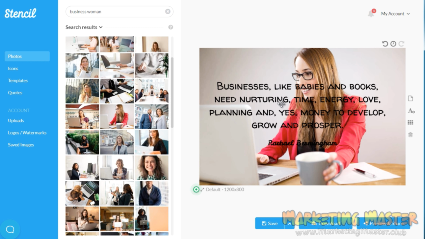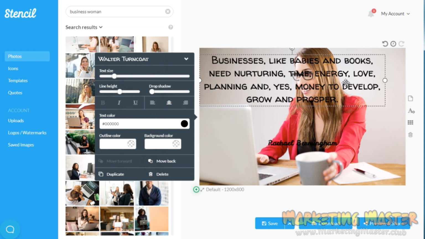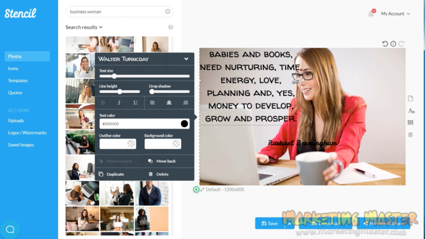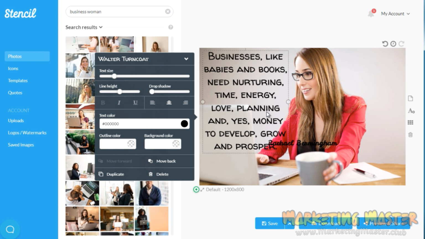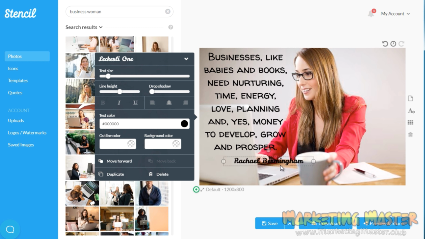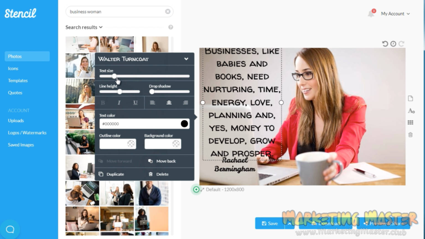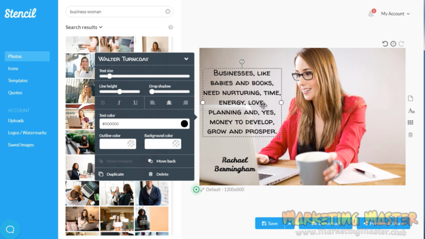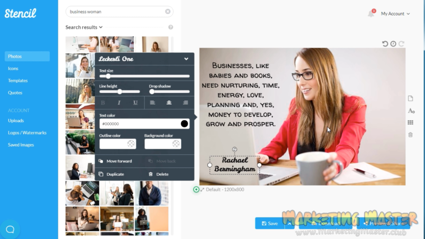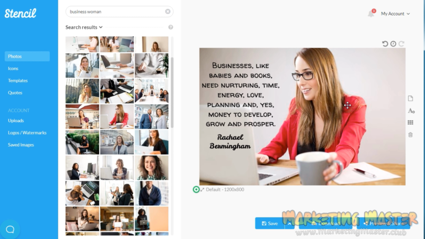Now, obviously you cannot read that, so you're going to need to play with it a little bit until the text fits in like that. And then maybe the size is just too big, so we get that there. And then maybe we put that here, like that. Okay, so once you like it, all you have to do is click save or save it to